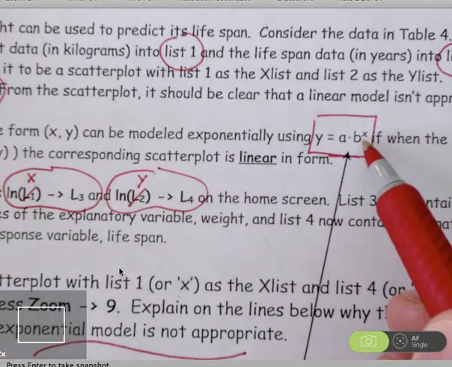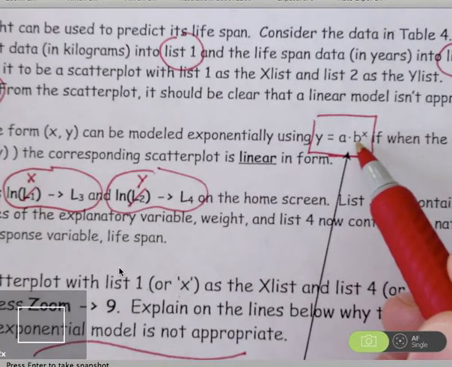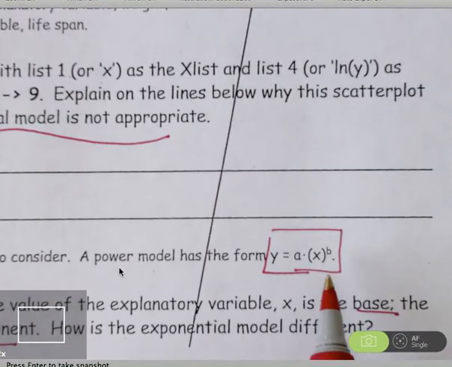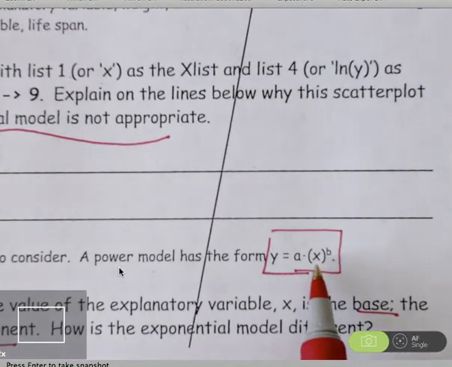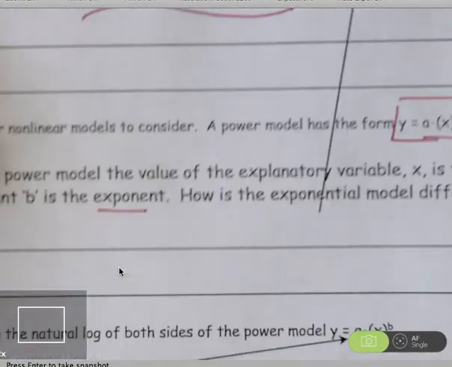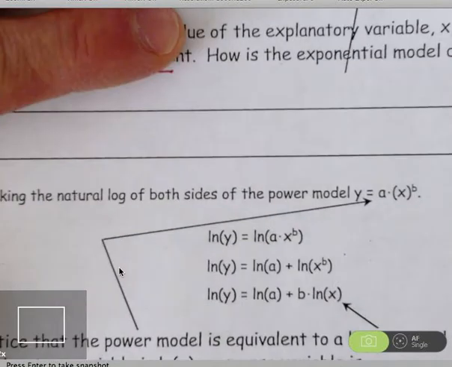In the exponential model, b is the base, it's a constant, and the explanatory variable x is the exponent. That's why this one is called exponential. This model is called a power model because you are taking your explanatory variable x and applying a constant power to it. So now, just like we did in class with the exponential model, look at what happens